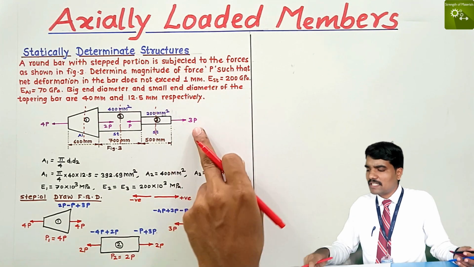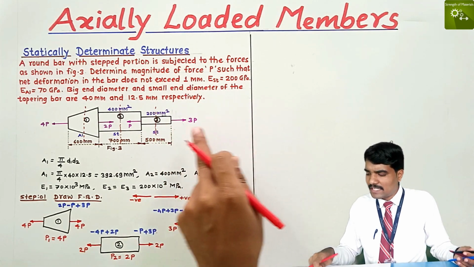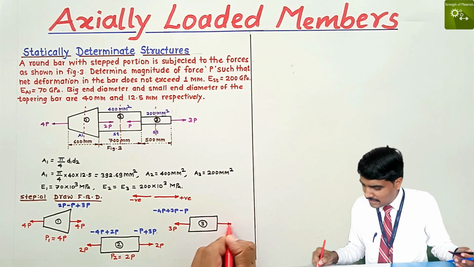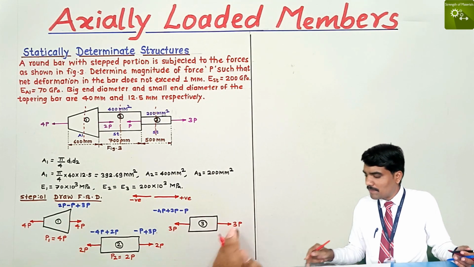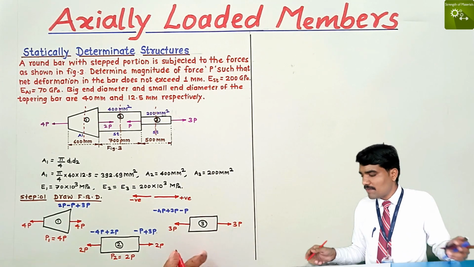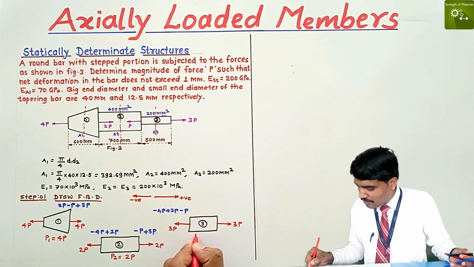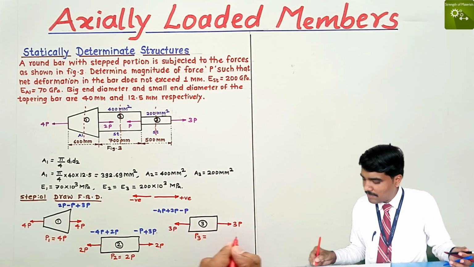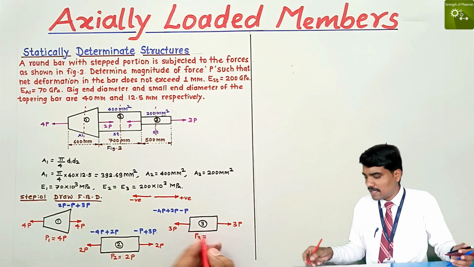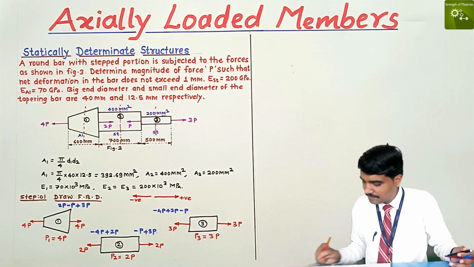See the right side of forces, there is only one force going towards the right side, which means it is positive, and it is plus 3P. Here both the forces are equal and opposite, which means our calculation is true, and we got the internal force in the third member. It is a tensile pull type, that's why it is positive, it is 3P.